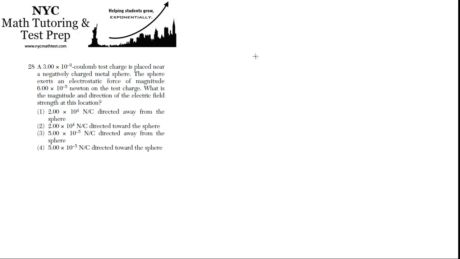Okay, what's going on in this problem? Let's draw a picture. So we have a test charge being placed next to a charged metal sphere. The metal sphere is causing there to be an electric field and the test charge is being placed near it. So let's start with the sphere. So here's a sphere, and this thing is